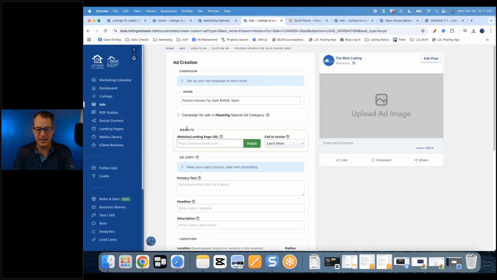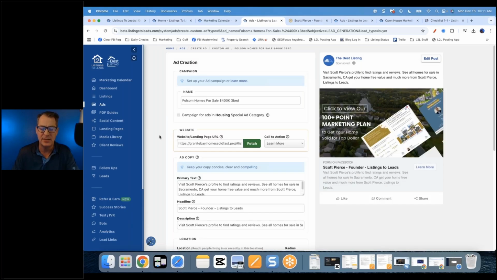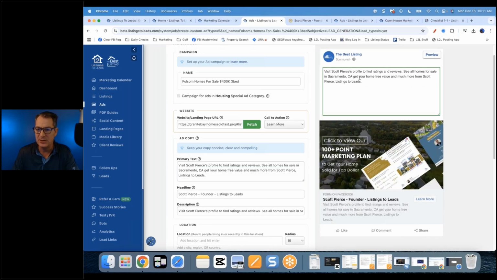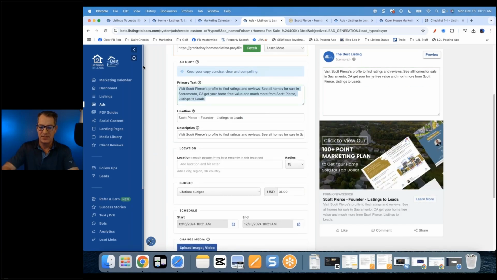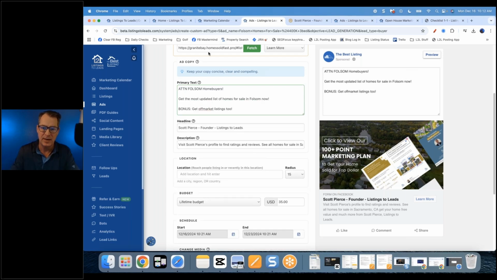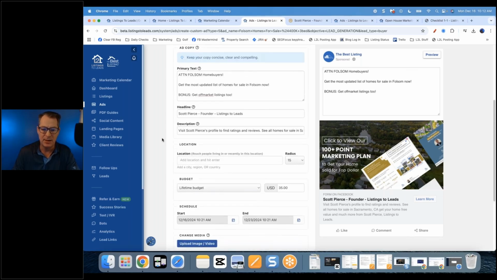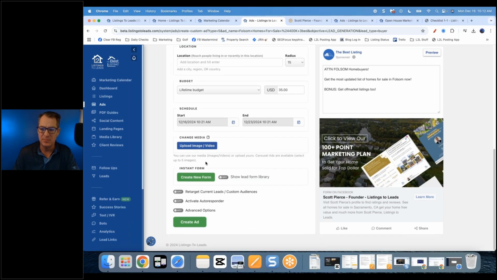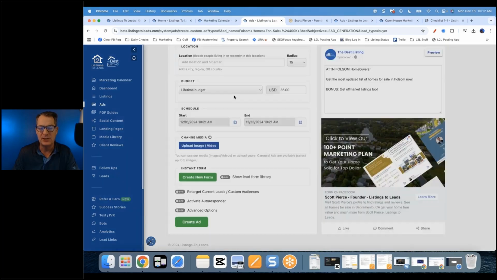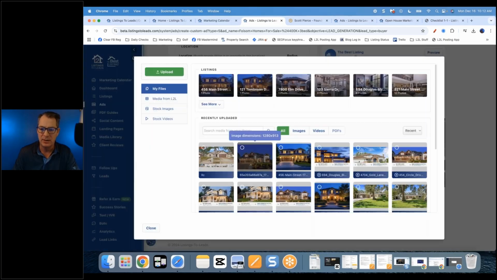Because the only thing I need to show you is drop that link. So this could be your IDX. Now the text and image may not be what you want, but it's fine. All right, just to show you, changing the text. You got your headline, your description, and change the photo, right? I can change the photo, grab one from my library. Worst case scenario, I would just use an image